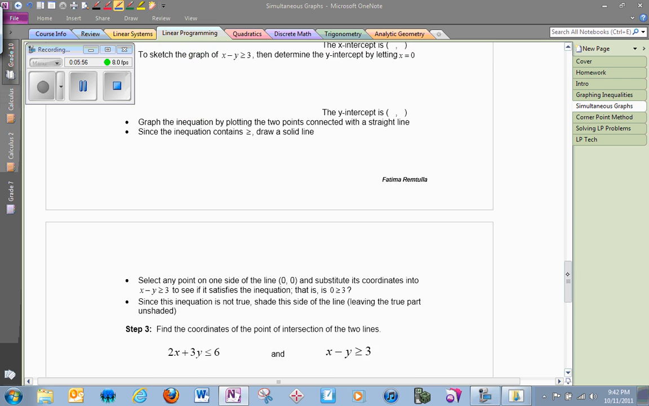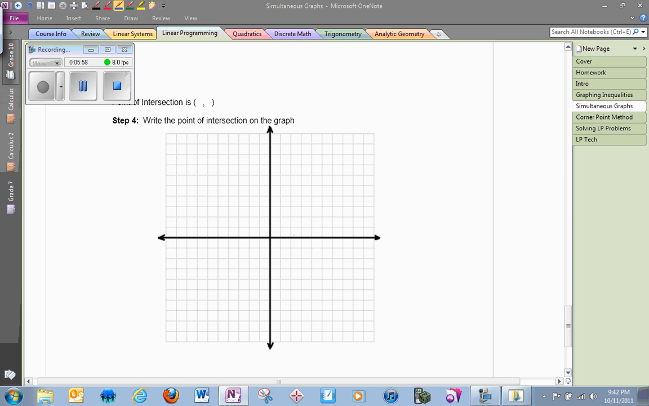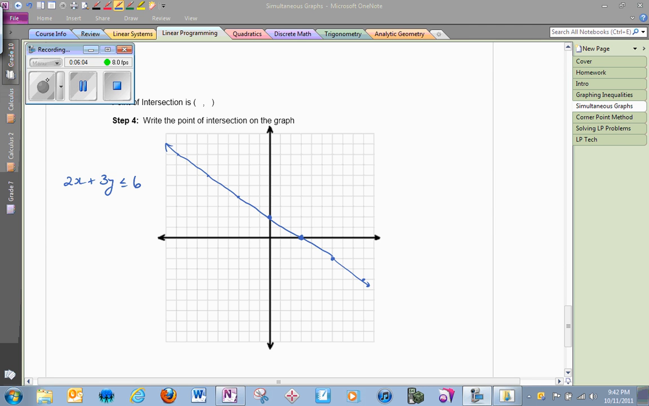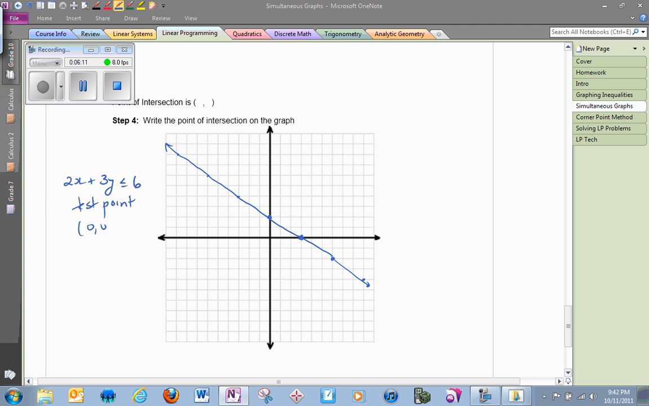I'm going to go over here to my grid. (3, 0), and (0, 2). Make sure you graph the whole line. Once I graph the line, I want to pick my test point. I'm going to pick (0, 0). That's a handy little point. I get 2 times 0 plus 3 times 0 is less than or equal to 6. That means 0 is less than or equal to 6. That's true. So I want to shade the opposite side, which is above the line. So here,